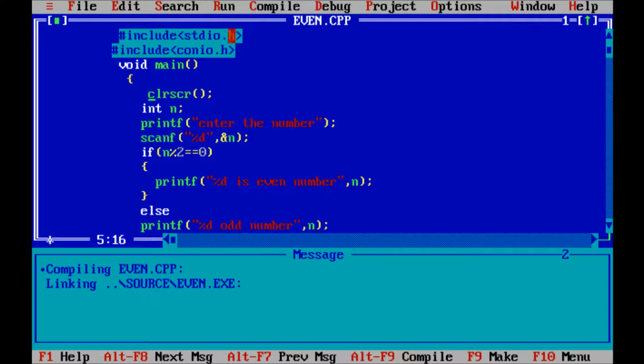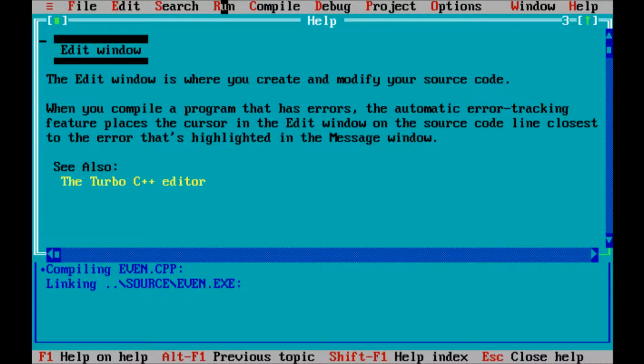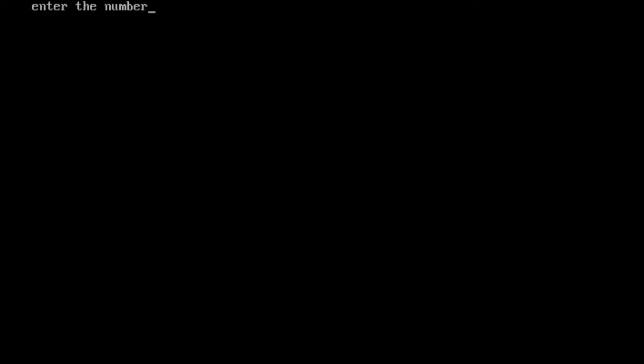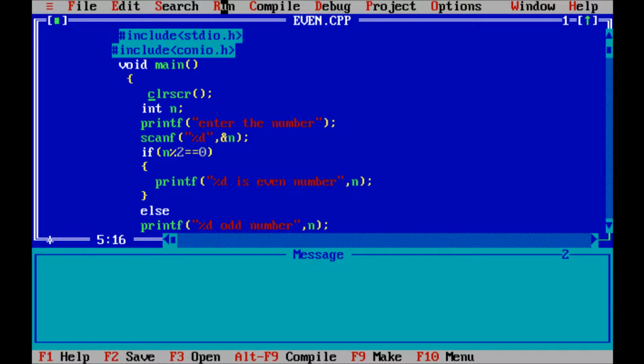Now again run the program. So look at this, this time it clears the screen. After that the message comes, enter the number 6. So that is the use of clear screen.